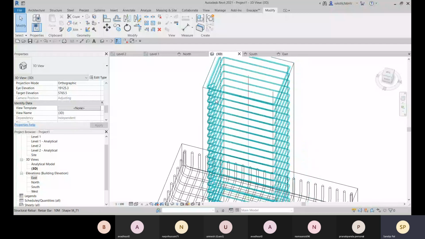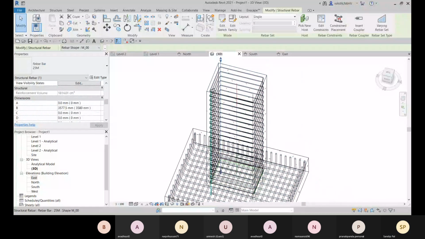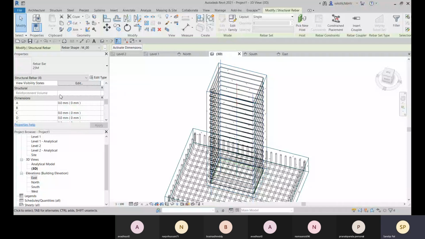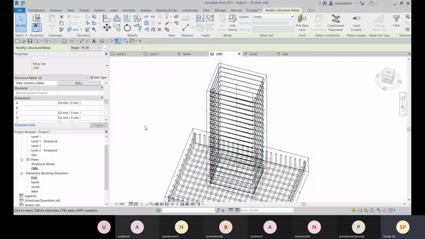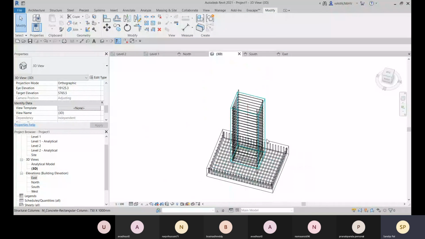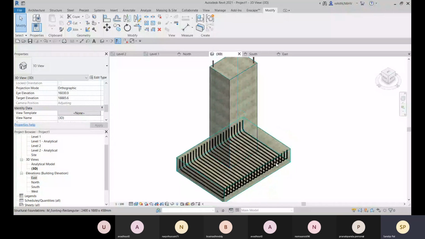This is as solid, you can see, and I have to select all these vertical rebars. View visibility state, click on this view as solid, click on OK. Now you can see these are as solid, but if I choose realistic, you cannot see the others, right?